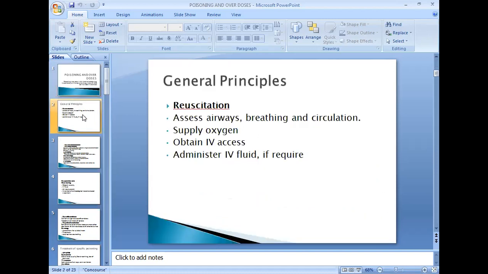A general principle to tackle such a situation includes, firstly, resuscitation. Under resuscitation, we have to assist ventilation by monitoring the airway, breathing, and circulation. To maintain the ventilation, we have to supply oxygen if the patient requires, and obtain IV access to administer IV fluid if the patient requires. Secondly,